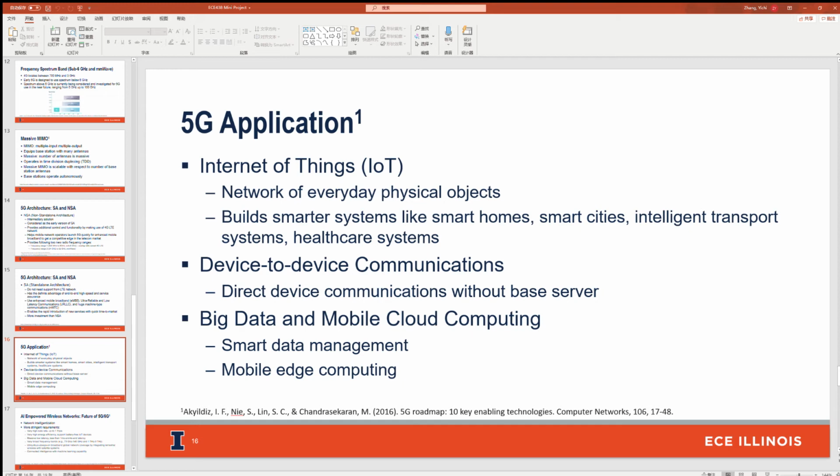These devices send some information and it is passed on to a remote server, mostly through the internet. The server can also remotely issue commands to control the device. The information collected at the server is then processed to gain knowledge about the underlying process. This knowledge is used to build smart systems like smart homes, smart cities, intelligent transport systems, and healthcare systems, etc.